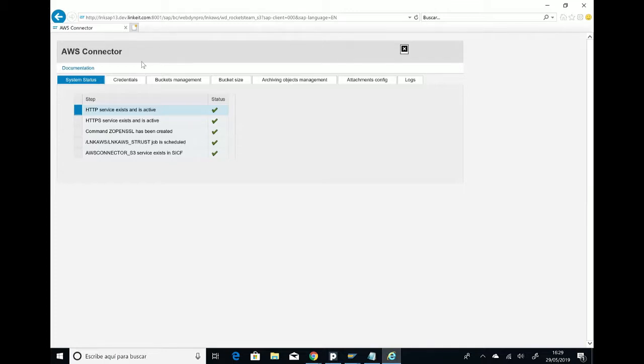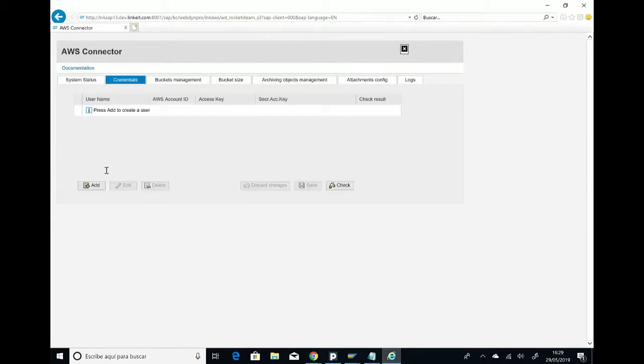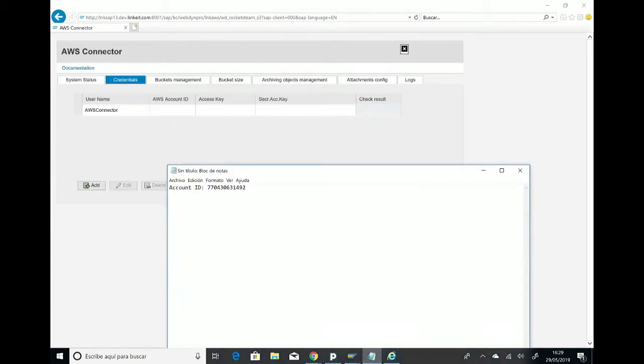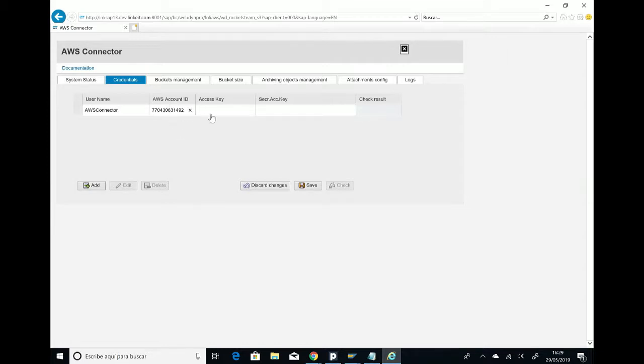Now it's time to enter the credentials for the IAM user created in the CloudFormation execution. As we don't know the access key and the secret key yet, we have to move back to the CloudFormation console. We can first add the username created in the AWS console, and also add our specific AWS account ID. And now, we move back to the